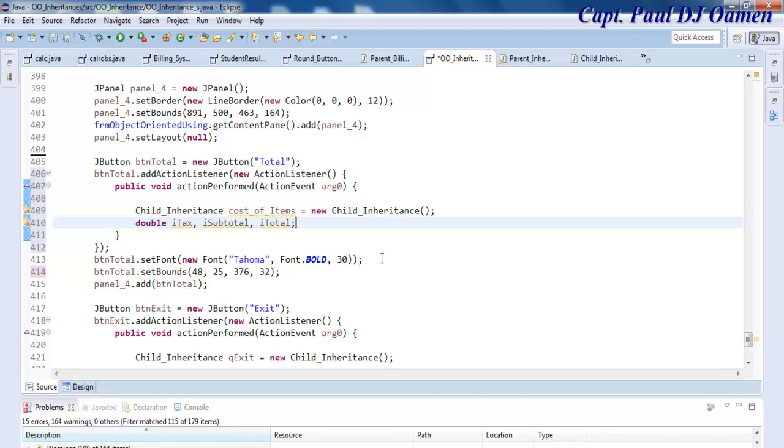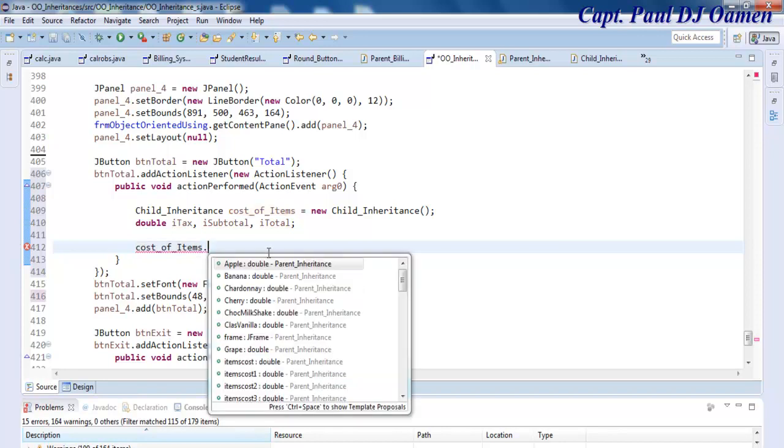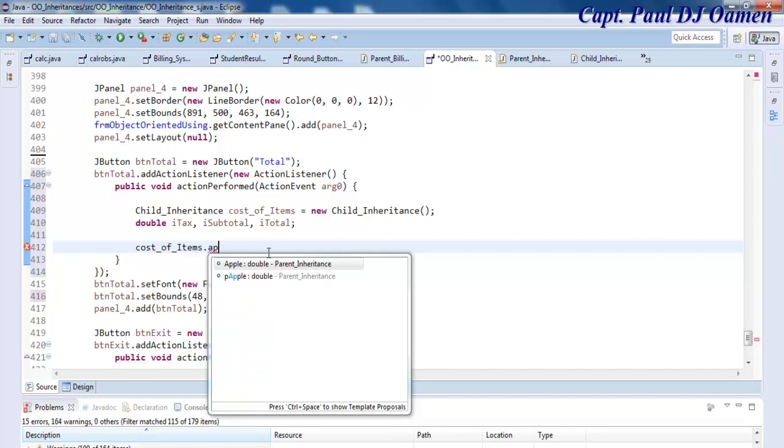Those are all the variables that I need, apart from the string one that we will declare later on. So let's now assign every single cost. Now come in here, cost of item dot apple, this very one,